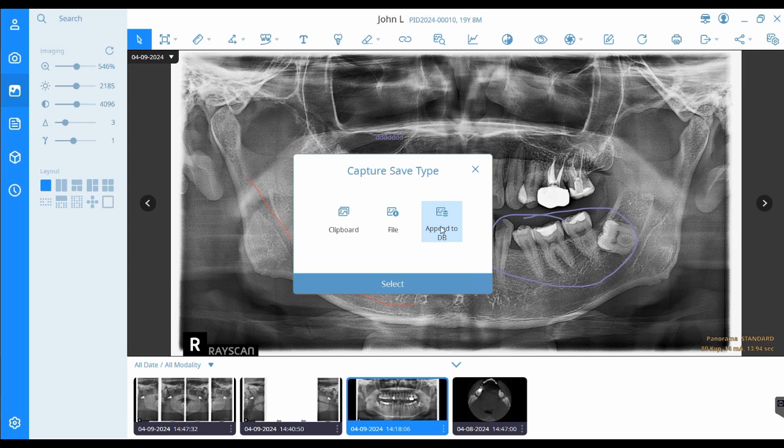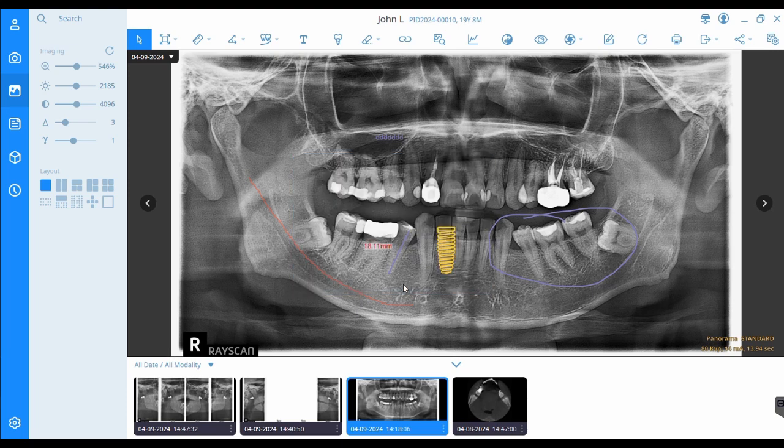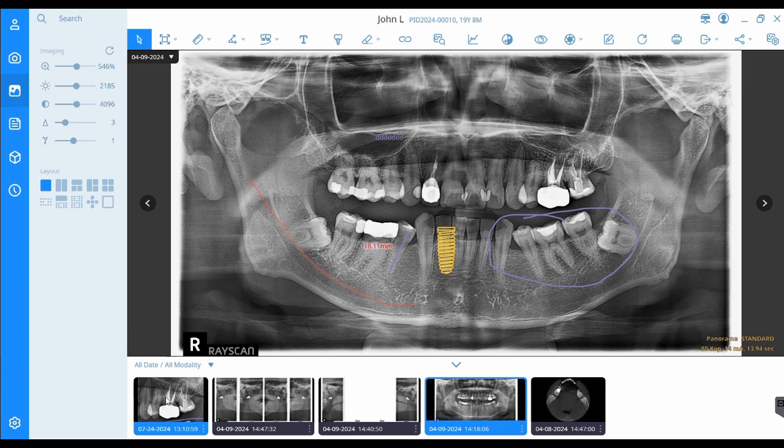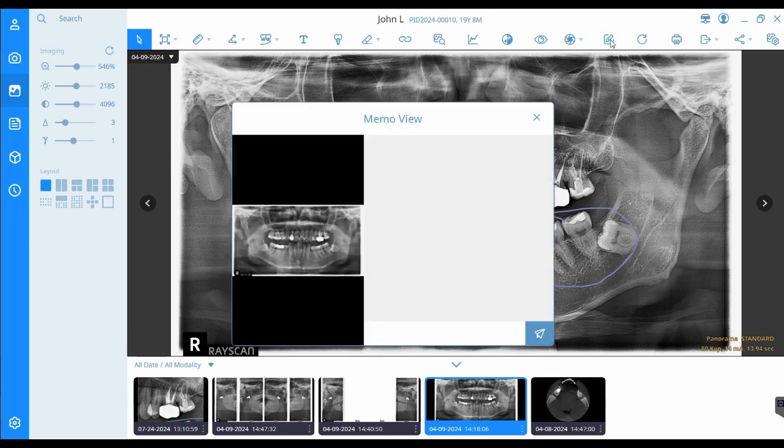When you save it to your DB, it's going to show up on the bottom of the patient's listing with their remaining x-rays. I will demonstrate. Now the image that I've screen captured shows up on the lower left side. Next to this is Memo. Memo allows you to type